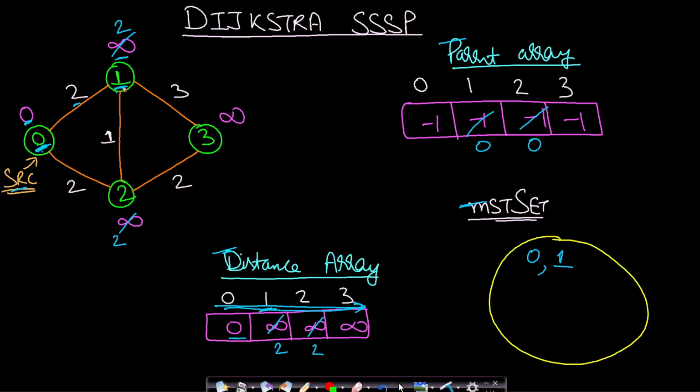Now if we see this edge from 1 to 2, then in order to reach this 2 from the source node via this 1 will be equal to the distance to reach this 1 plus the edge weight from 1 to 2, right? So the distance value via 1 will be the distance from 0 to 1, plus the distance value from 1 to 2. The distance value from 0 to 1 is this 2, and from 1 to 2 is the edge weight 1, so this will be 2 plus 1, which will be 3. So 3 is larger, so this won't get updated.